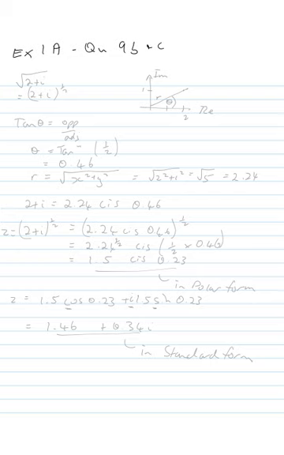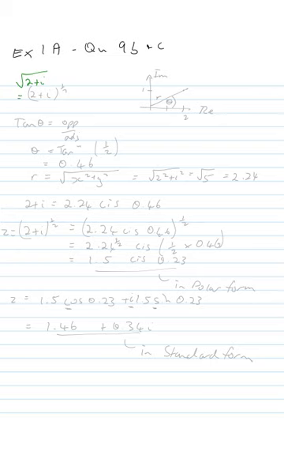This is question 9b and c from chapter 1a. The question asks us to put root 2 plus i first in polar form and then in standard form. So first of all, if I write that out,